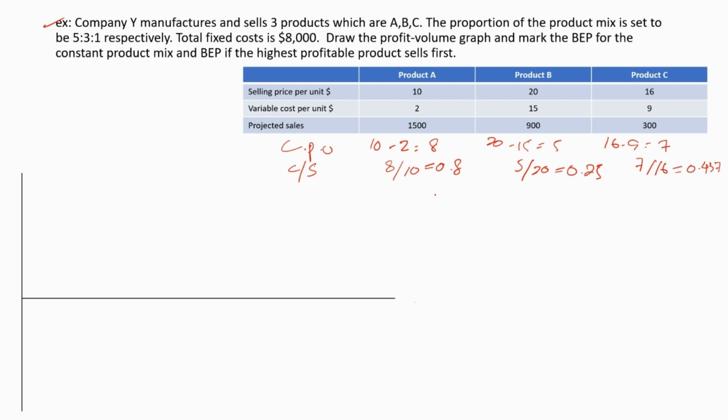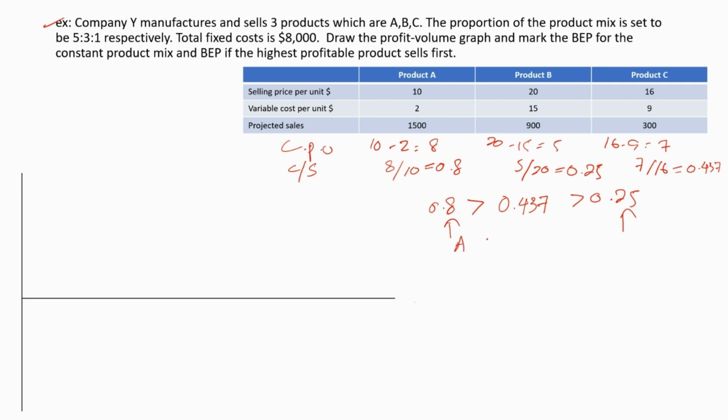What is the highest value? The highest value is 0.8, then 0.437, then 0.25. So the highest value is 0.8, the lowest value is 0.25, which means we give the priority